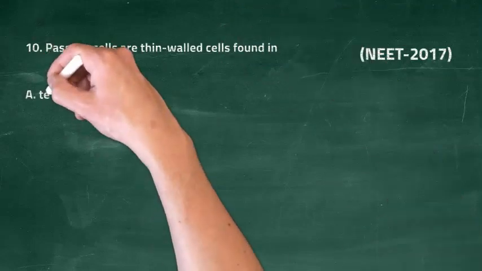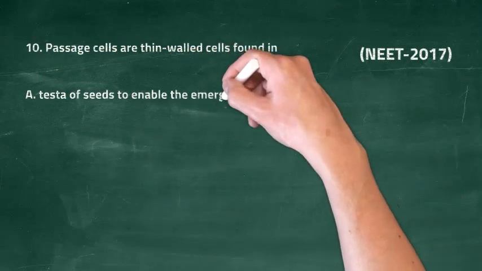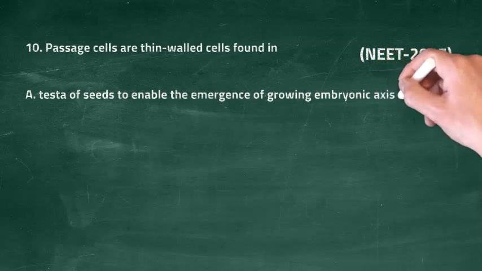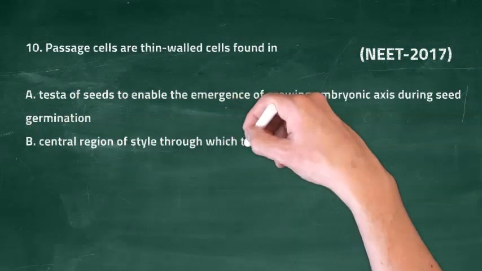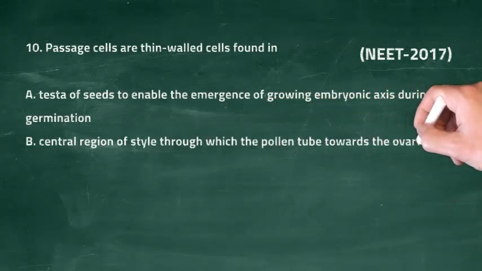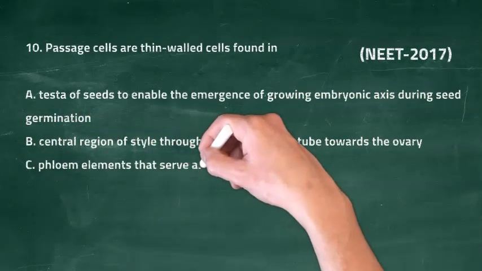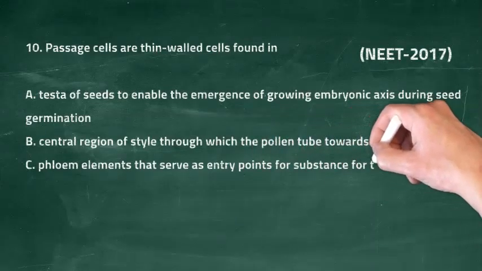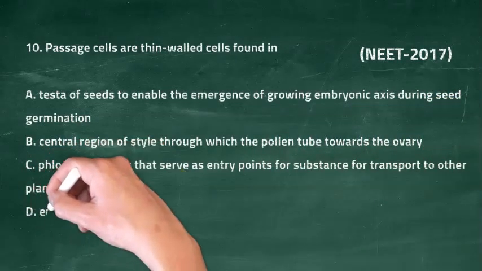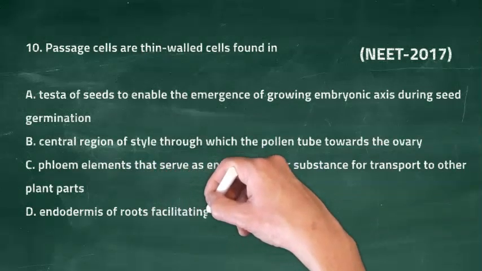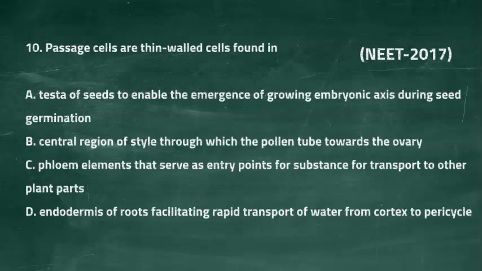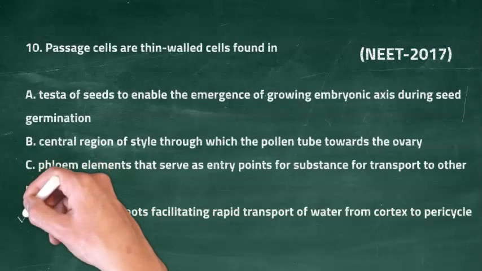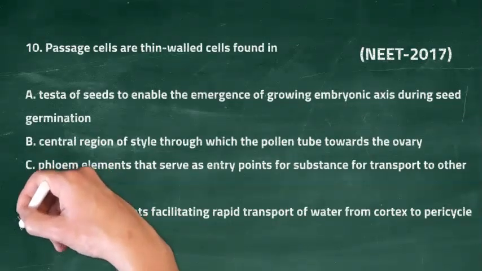The last question for this lecture is, passage cells are thin-walled cells found in: option A is testa of seeds to enable the emergence of growing embryonic axis during seed germination. Option B is central region of style through which the pollen tube grows towards the ovary. Option C is phloem elements that serve as entry points for substances for transport to other plant parts. Option D is endodermis of roots facilitating rapid transport of water from cortex to pericycle. The right answer is option D. Endodermis of roots facilitating rapid transport